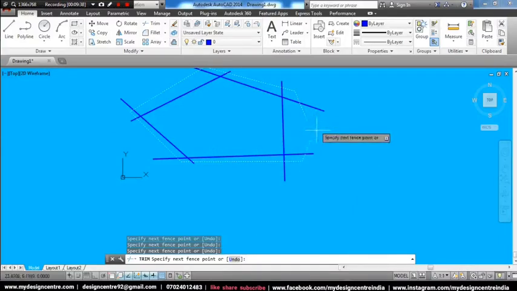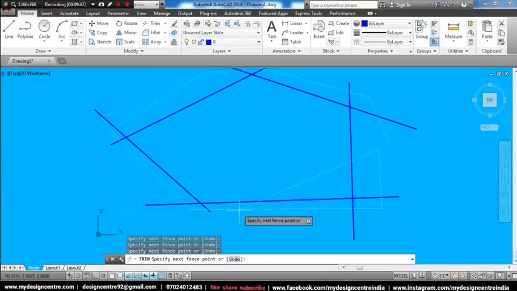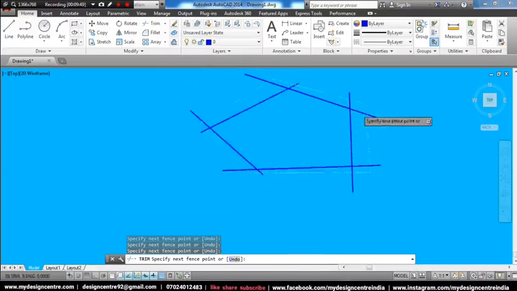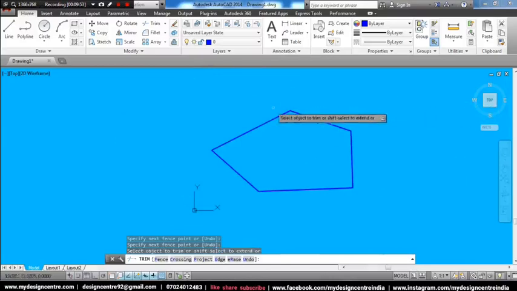You can make it a closed loop or open loop also. The thing is that this fence must intersect the objects you want to trim, which means it is intersecting all the unwanted edges. So now click enter. Automatically that object will trim up to the next boundary, up to this line. So this is one more option, one of the most useful options in trim.